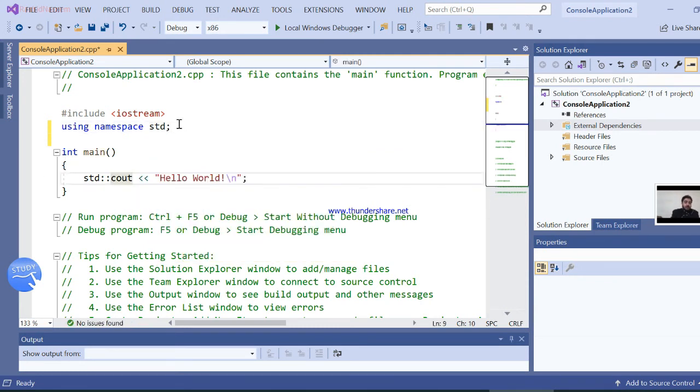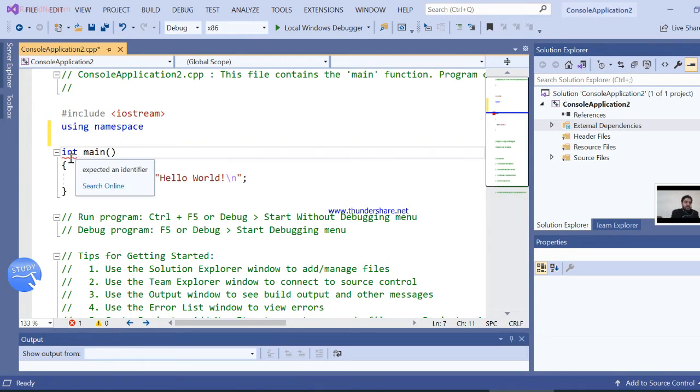One of the main advantages of using Visual Studio is that the using namespace statement is still incomplete, because we haven't mentioned the semicolon here. So the next line has been underlined with a zigzag red line, which represents that there is an error just before this statement.